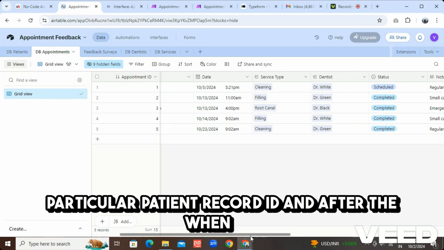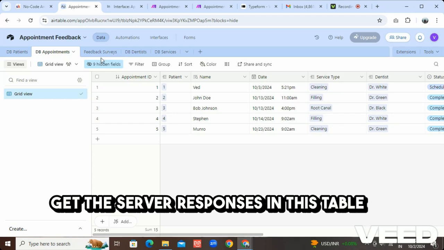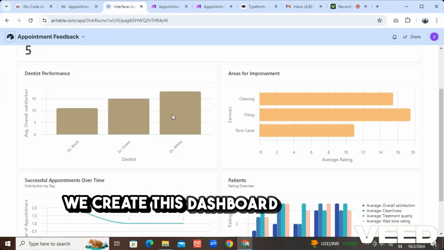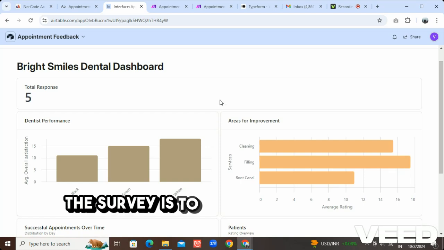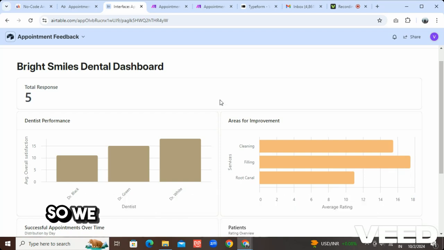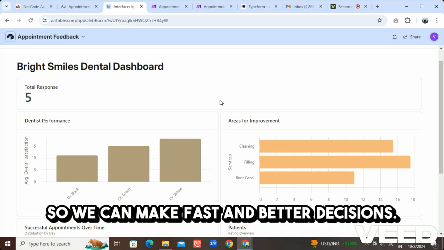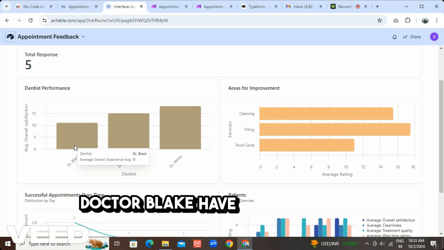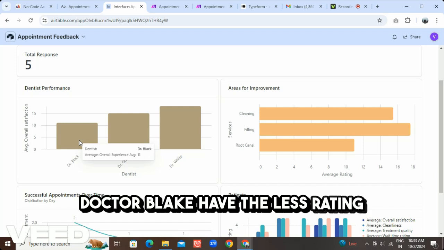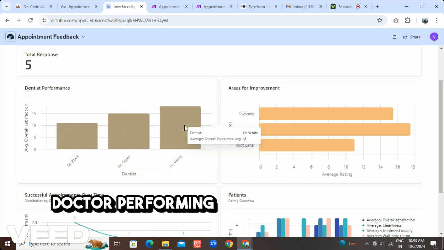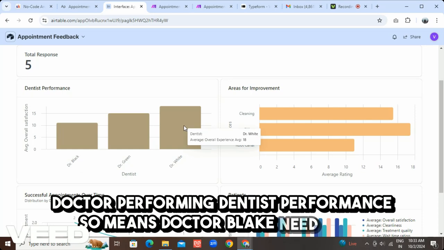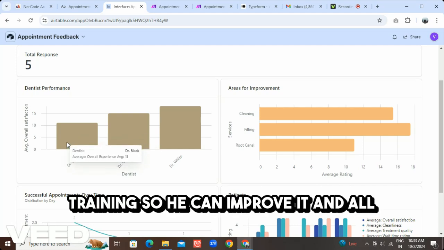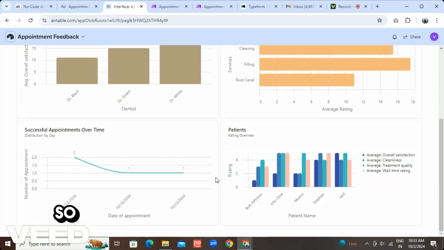And when we get the survey responses in this table, we can see all the results in this dashboard. We created this dashboard because the goal of the survey is to visualize our survey results so we can make fast and better decisions. Like we can see in this graph that Dr. Blake has a lower rating compared to the other dentists' performance. So it means Dr. Blake needs more training so he can improve it, and all other things I will explain later. So let's first understand